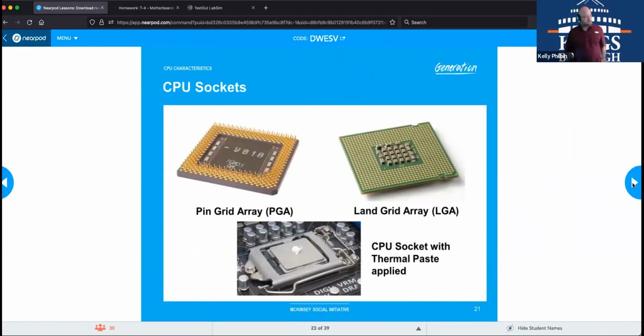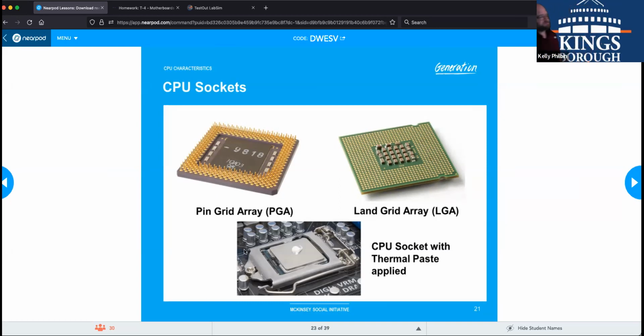All right, CPU sockets. You heard us mention this a little bit earlier. Here's a much clearer picture of what we're looking at. We have our LGA, or land grid array. An easy way to remember that is flat, like the land. These are all the connector pieces. On the socket on the motherboard, you would see a bunch of pins sticking up out of the motherboard, and the CPU would lay down on top of it, and those connections would be made. Then you'd use what is called a zero insertion force connector right here. It's this little door that collapses over, and then these pins come down and lock in place,